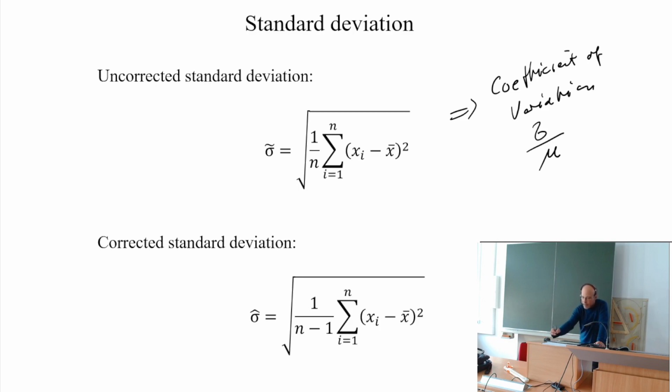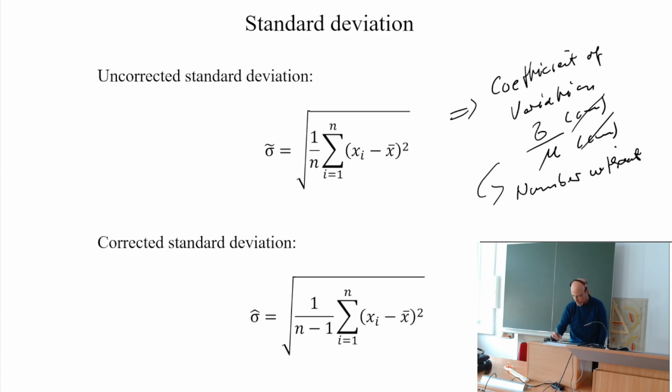Well, not the variance, but the standard deviation. And then in our example, you have centimeters over centimeters, and the unit cancels out, and you now have a number without a unit,